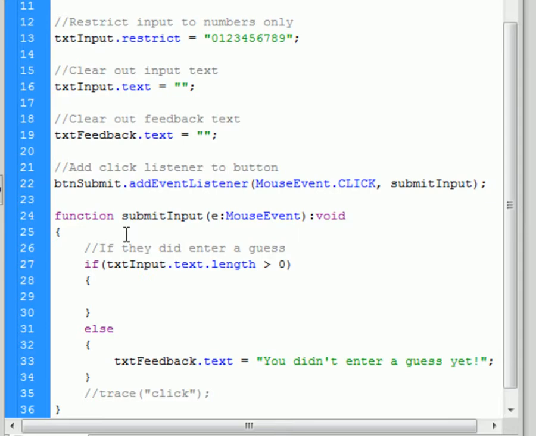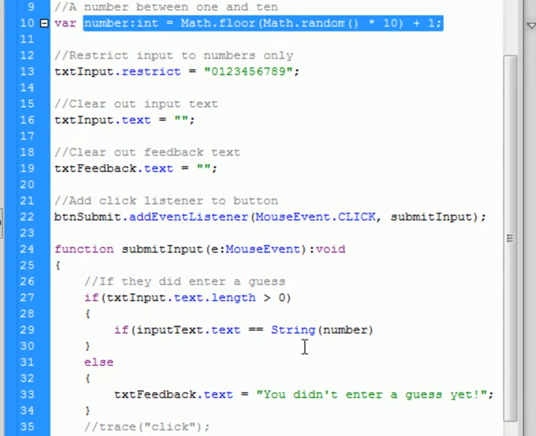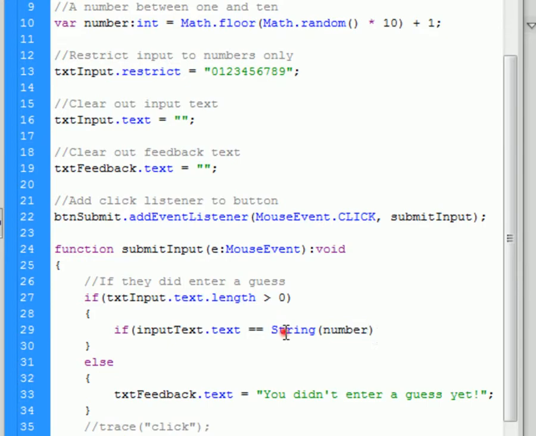So let's say if input text dot text, whatever they input, is equal to the number. And remember, we need to convert this to a string so we can make this comparison, because our input text is returning a string. So I'm going to use String. This is how we convert: we use whatever type we're trying to convert to and then open and close parentheses, and whatever value you're trying to convert goes inside. So I'll say number, because we generated a random number up here. If our text equals our number turned into a string, then